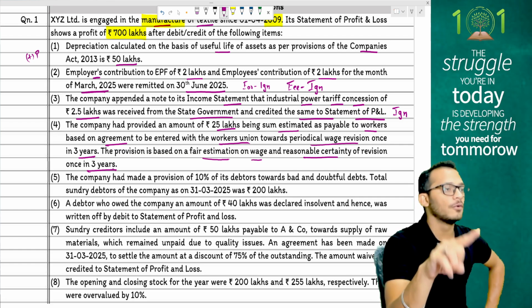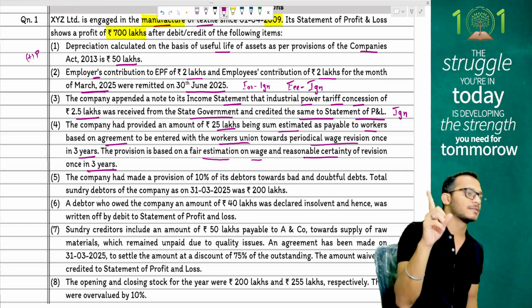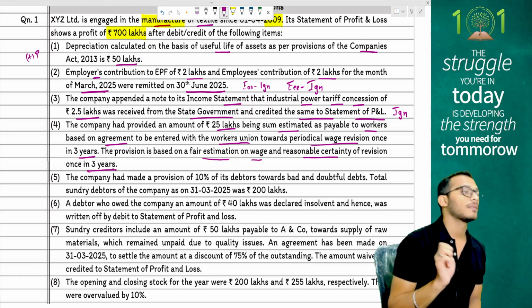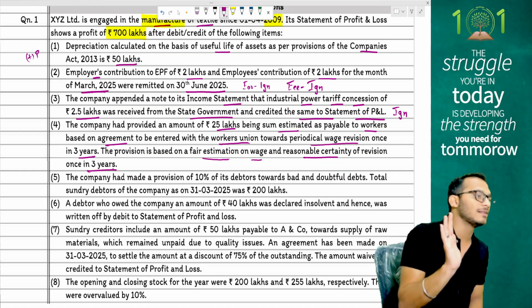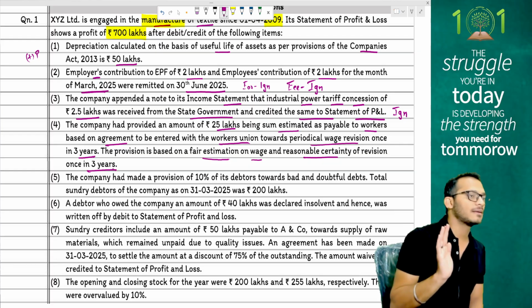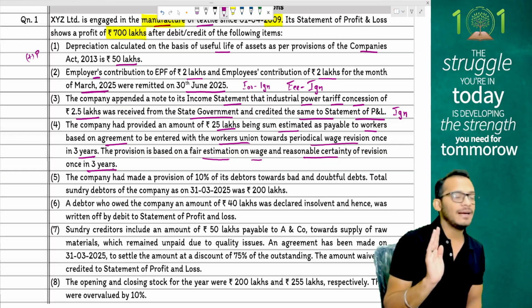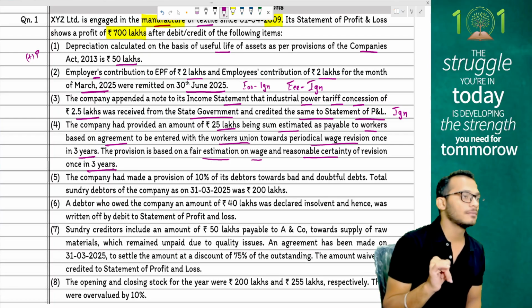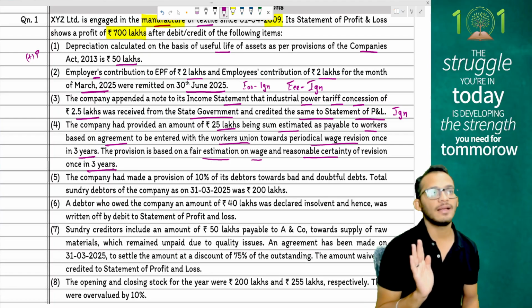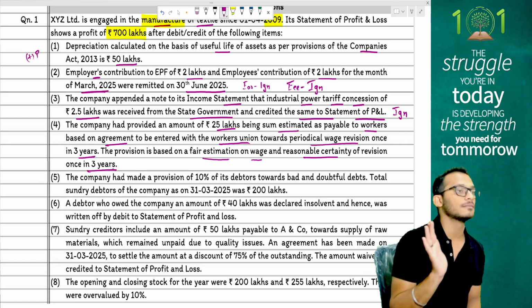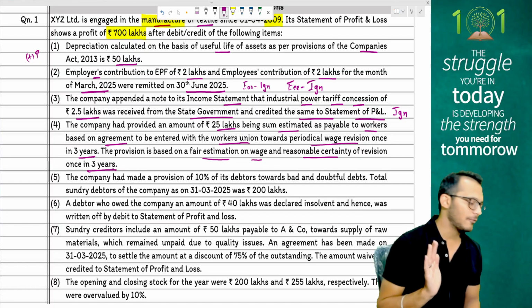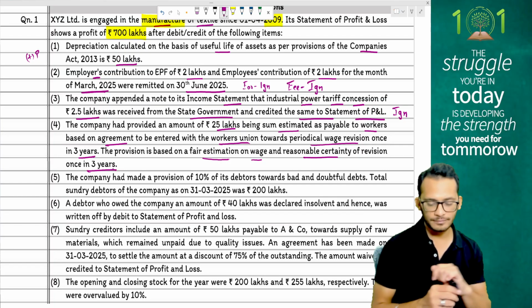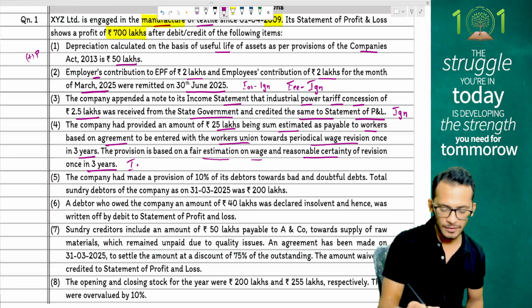Now you have done a provision. Therefore, I look at ICDS 10. Provisions. ICDS 10 comes and says any provision unless it is unascertained, like bad debts, will get allowed as deduction. This is a provision on a fair estimate, normal course of business, and therefore ignore. This is a part of ICDS 10 and therefore gets ignored.